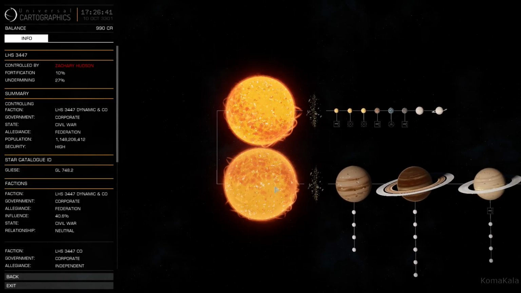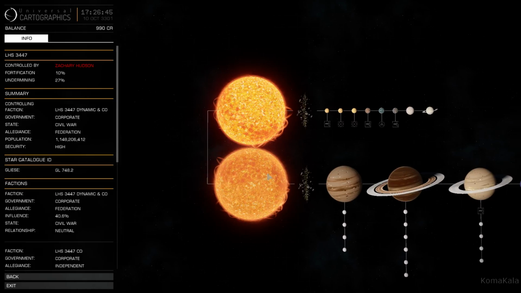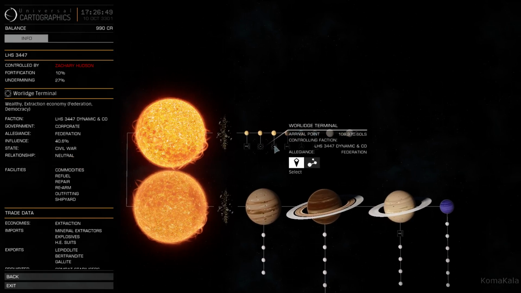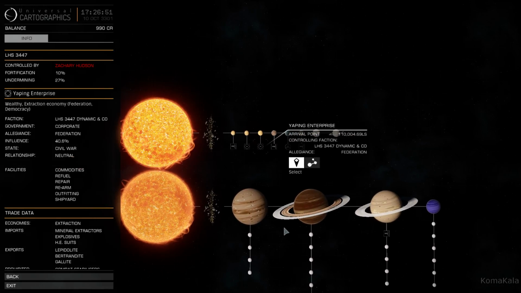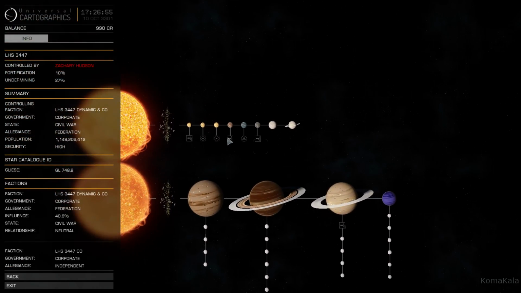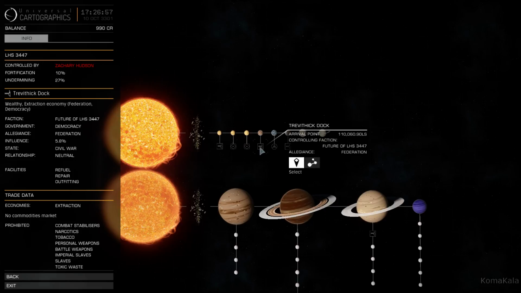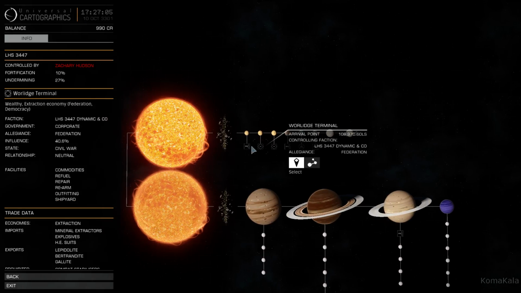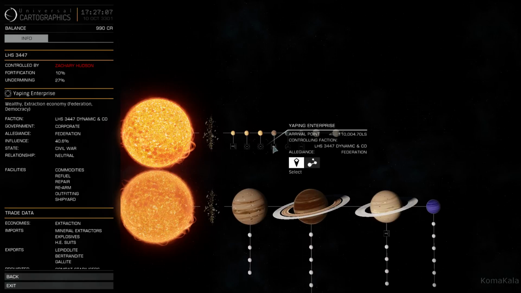And so you can tell that the system that we're in actually has two different suns, and we're at, which station are we? I want to say we're at this station over here. No, we're not at Lawson Orbital. Here we are. We're at Dravithic Dock, and I'm considering flying to one of these others, either Woolridge or Yapping. Yapping is a little bit closer,